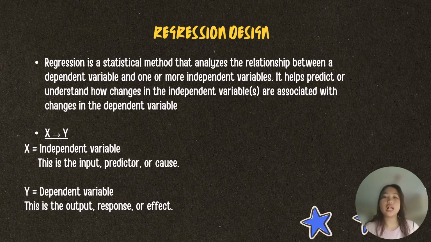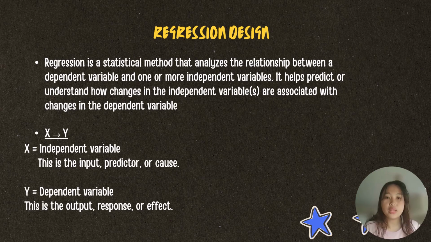So regression helps the researcher not just to test but to better understand their research questions by showing if there's a real and measurable relationship between variables. In regression design, we also have to note that regression only answers what happens to Y if X changes, and not the other way around. So let's say, for example, X is the screen time spent daily on your phone, and Y is your eye vision test result.